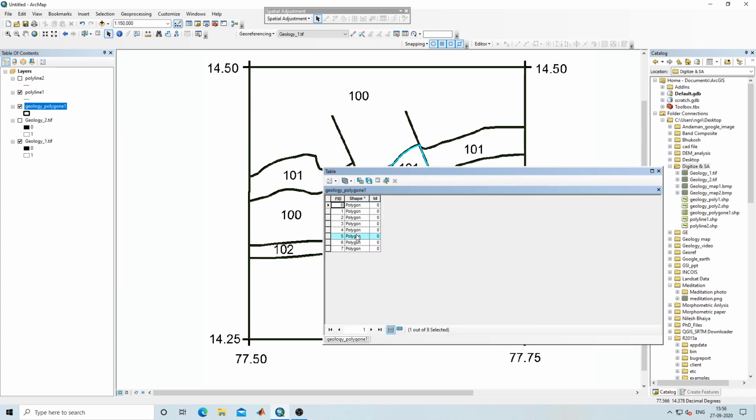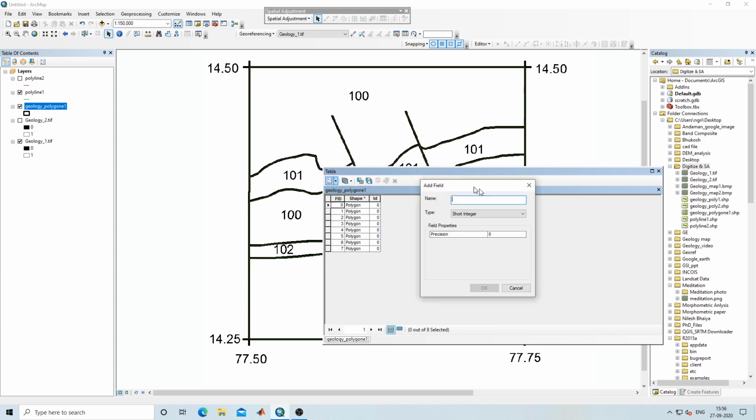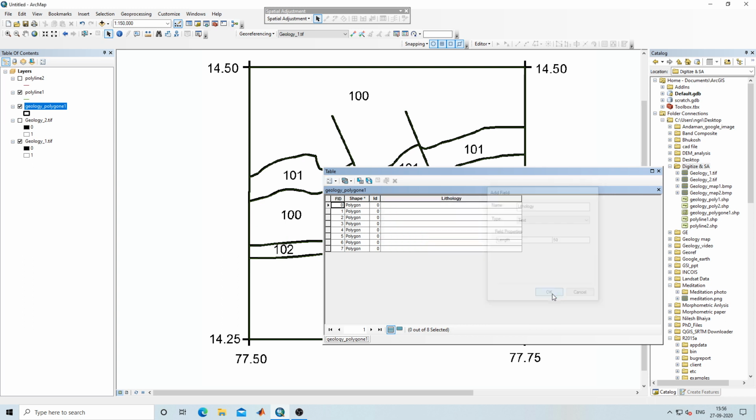This I will unselect and I will click on the Table option, Add Field. Here I need to add a field. I will add here as lithology. Here I will select text and I will click on OK. After that I need to start editor.